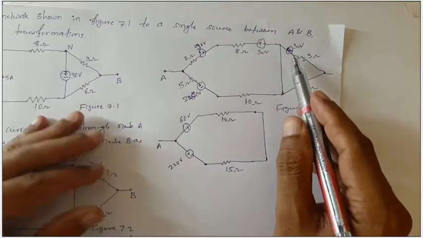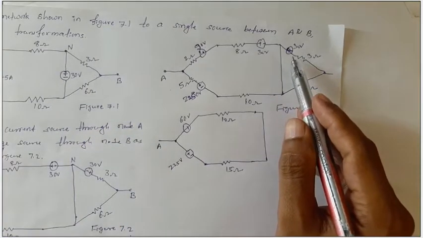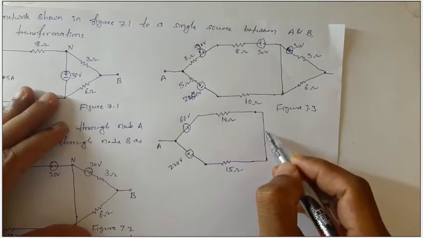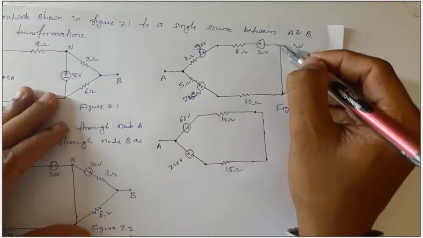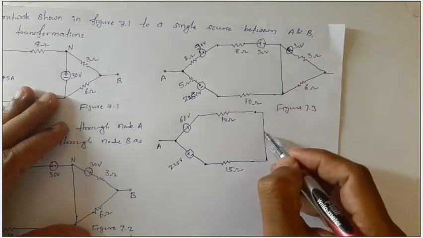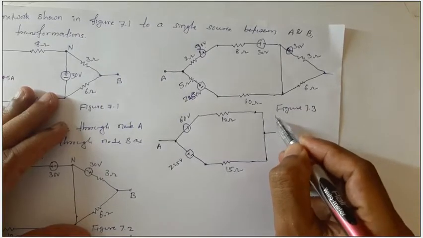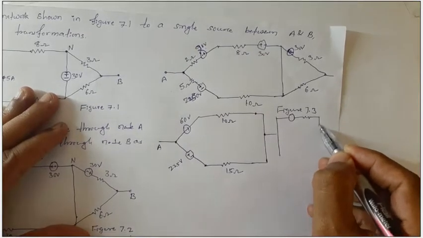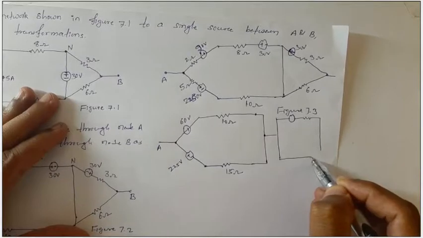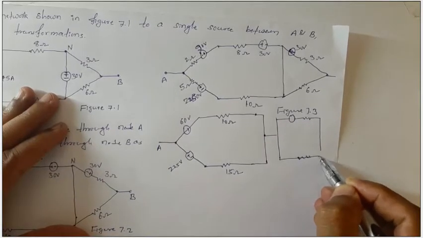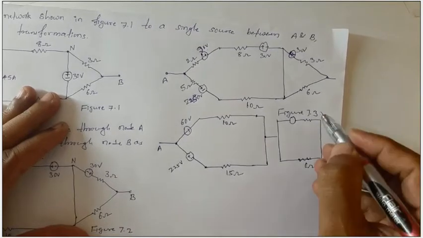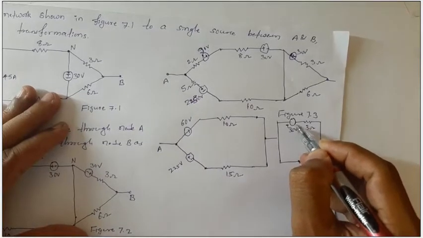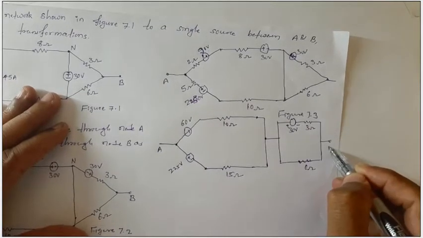Now whatever the 30 volt source is there, I'll draw it something like this. Say for example this particular point, if I consider there is a short circuit, I extend like this, and now there is a voltage source here and a series resistance, and here there is one more resistance. Its value is 6 ohm and its value is 3 ohm, and this is 30 volts with plus and minus. Okay, and this is node B.